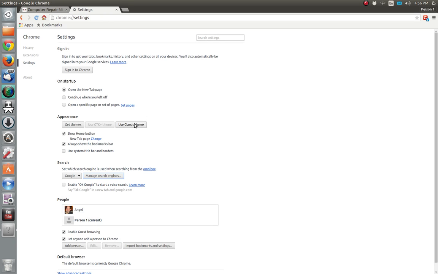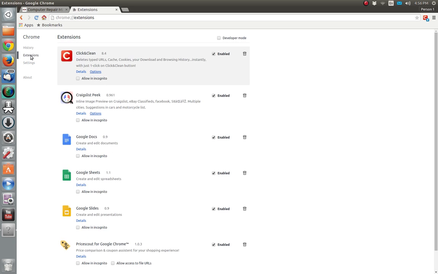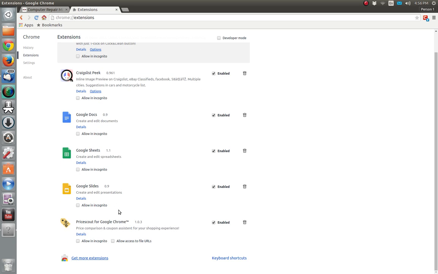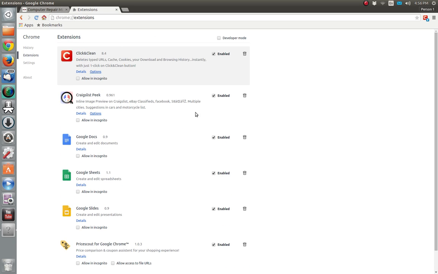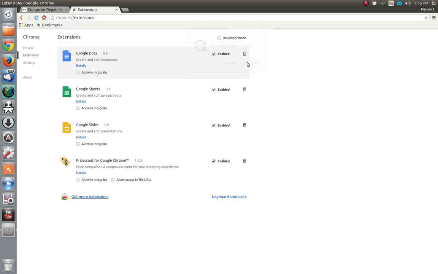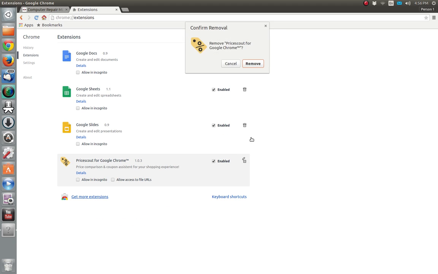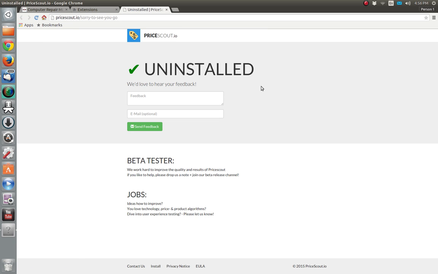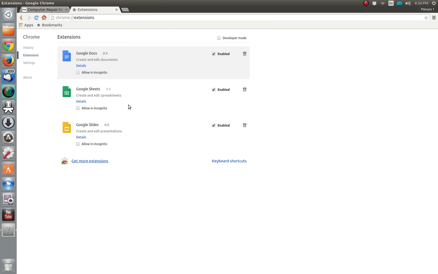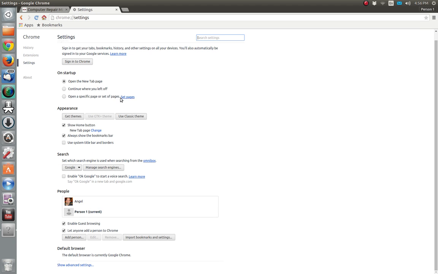So that's done there. Then if you go over here towards the left, you'll see extensions. And here is where a lot of these things hide out as well. So these I added on myself. So I wouldn't just disable them. I would just delete or remove, and remove. Yes, we uninstalled. No feedback. And this is Google Docs. If you use Google Docs, you can leave them or delete them, but that's really not going to give you any trouble. That pretty much cleans up